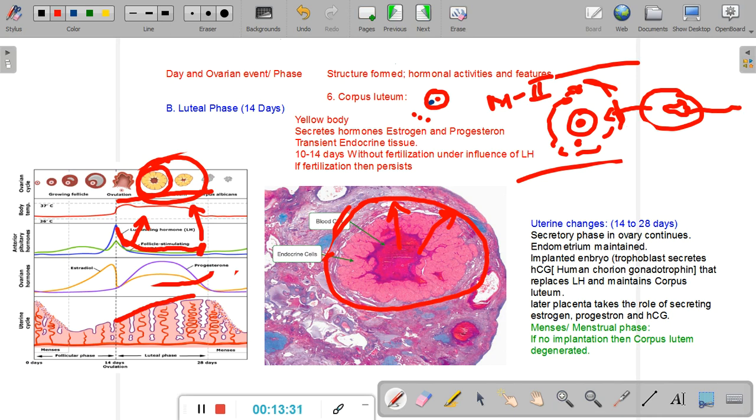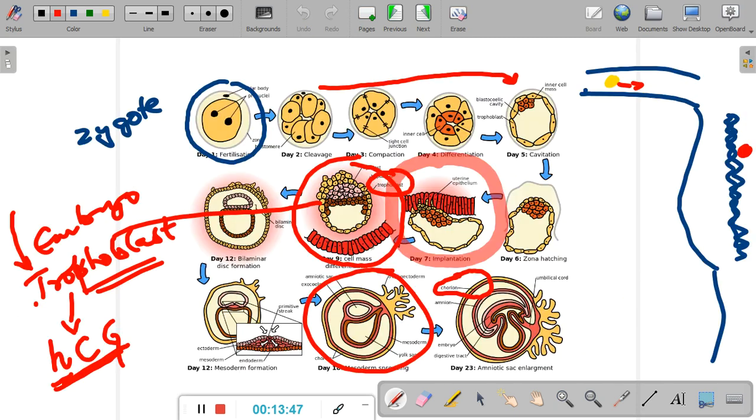and it undergoes degeneration. Now if the corpus luteum has to be kept alive, why do we need to keep it alive? Because we need these two hormones, estrogen and progesterone. The corpus luteum must be kept alive for the production of these two hormones so that the uterine lining can be maintained. And this is now what happens,